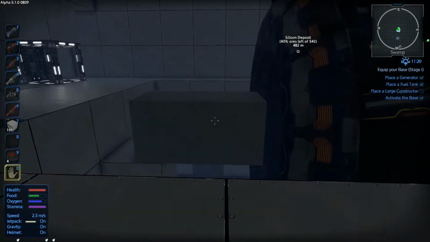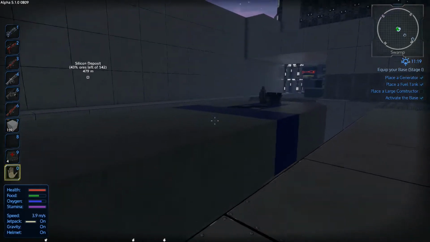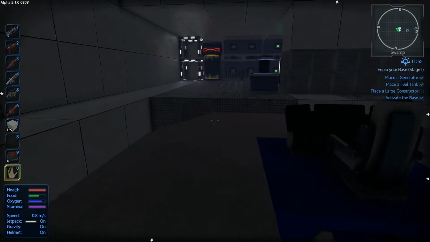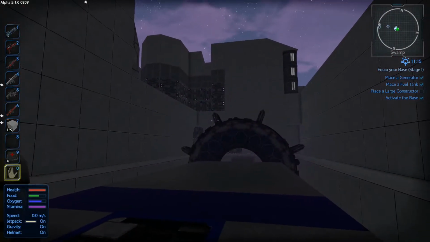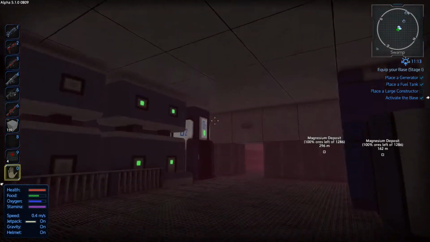I do need to put the warp tank in, and what we're going to do is get a couple of thrusters. We're going to have some placeholder thrusters. Basically, what we want to do is be able to get this thing up into space. And then once we're in space, I'm actually going to put in...